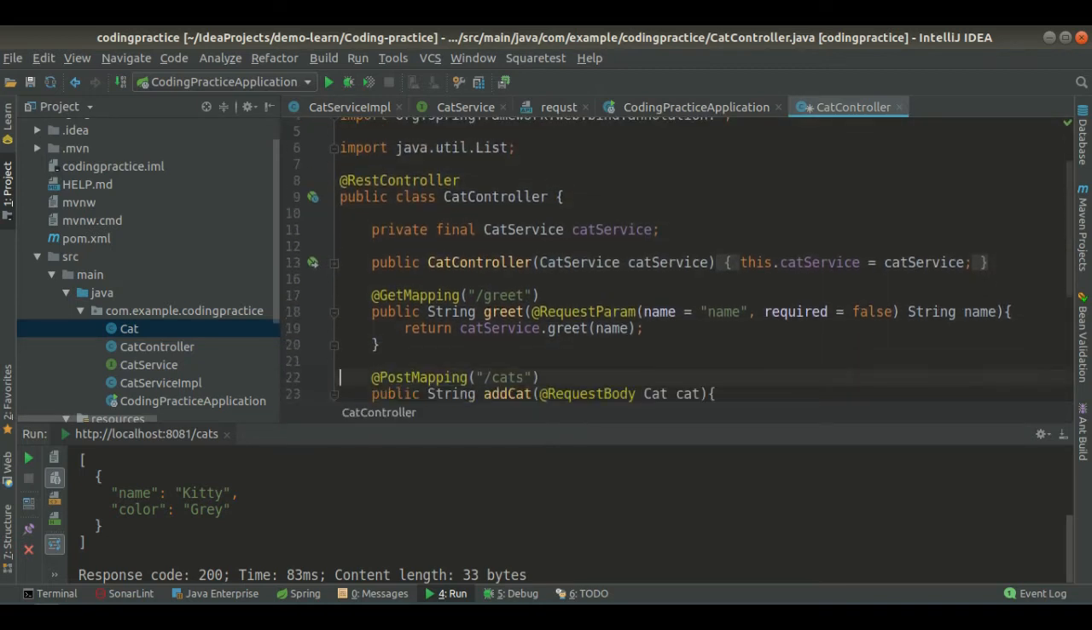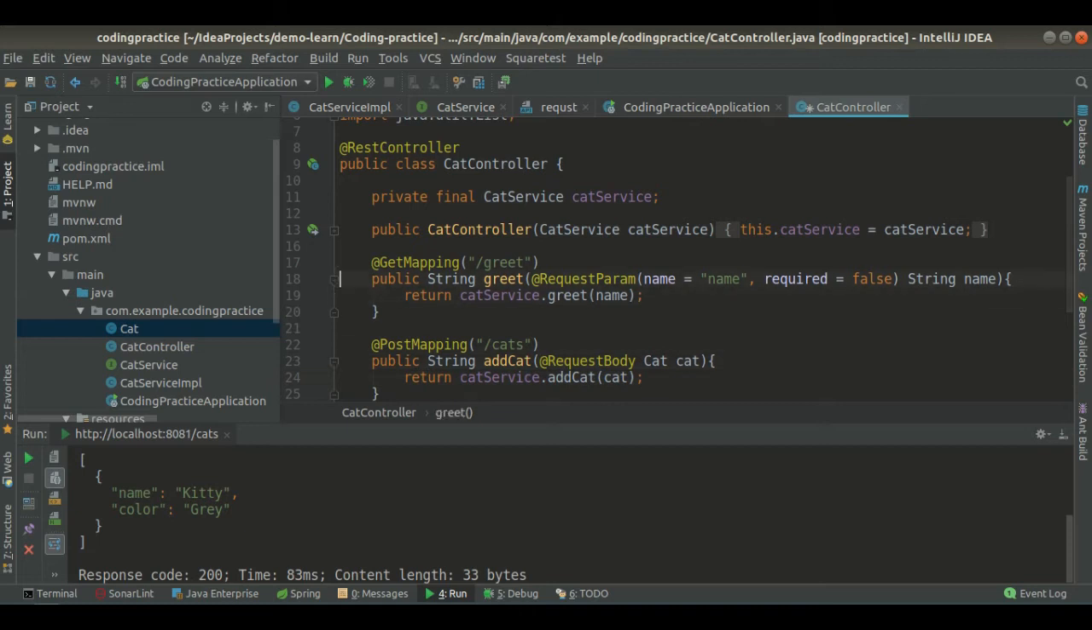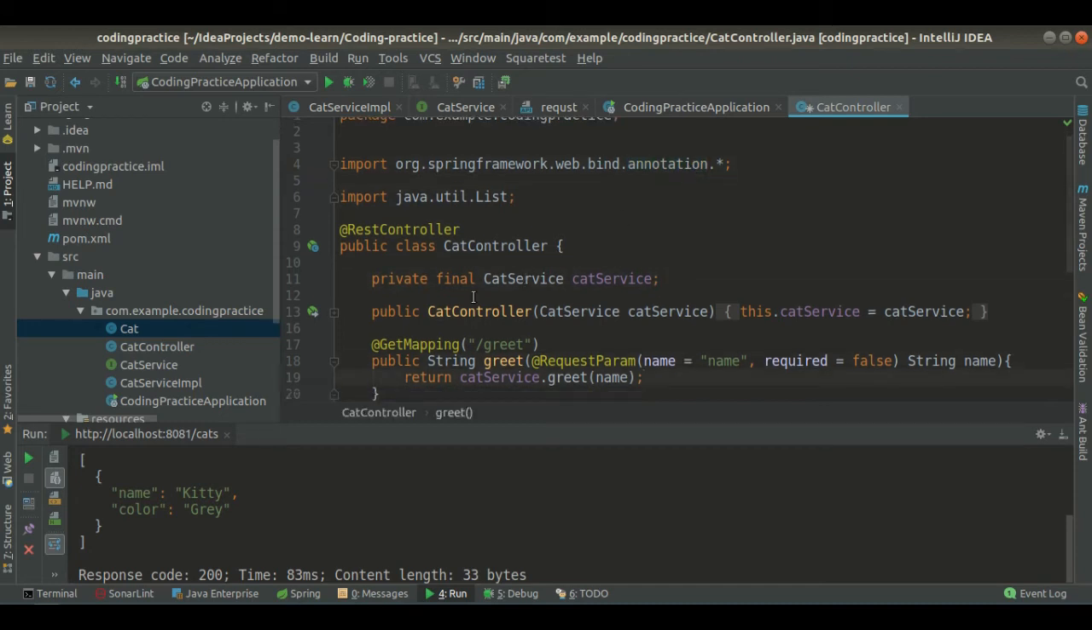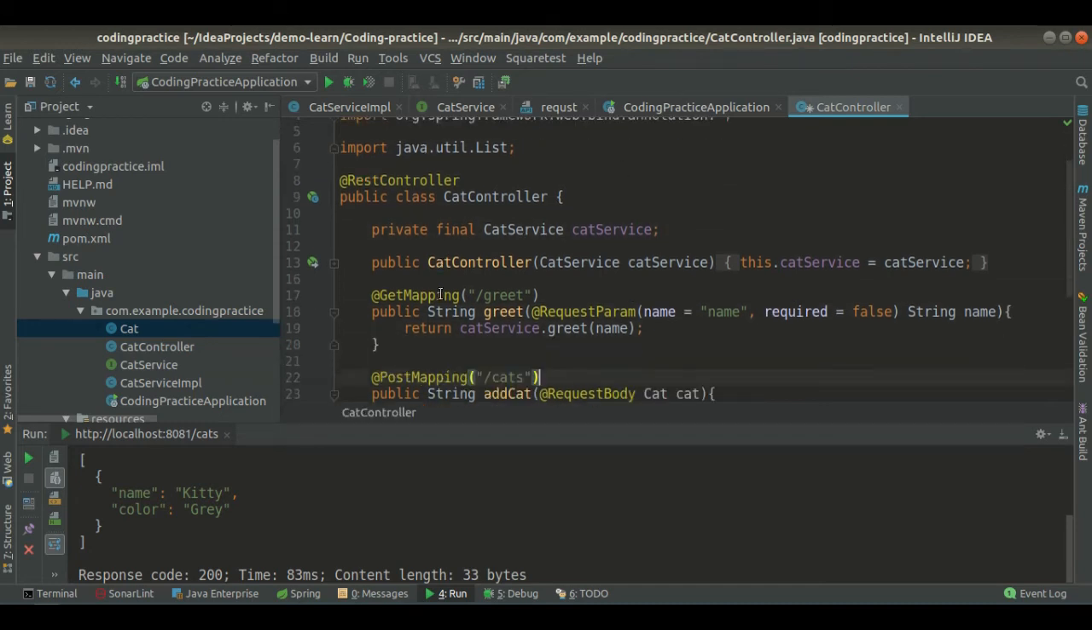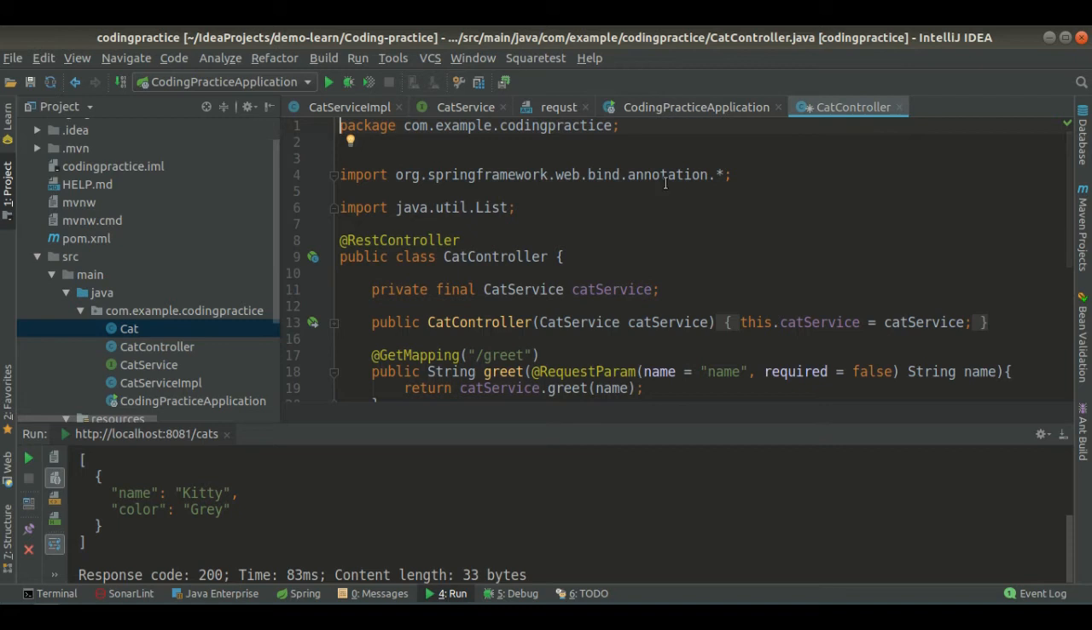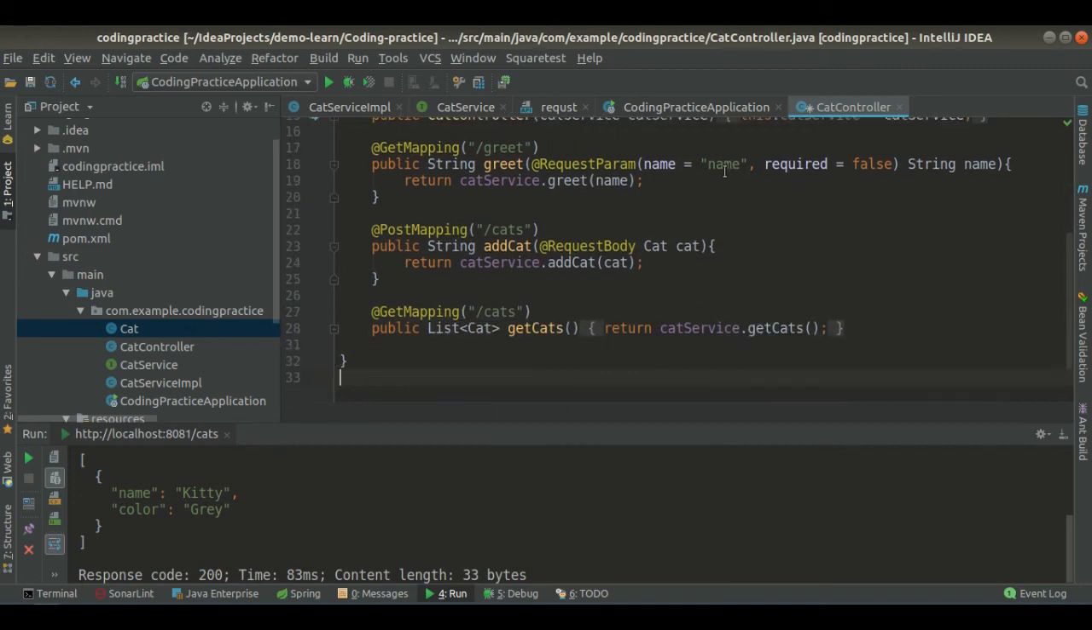And I want to show you something: when we have around 4 or 5 imports from the same package, here this Spring web bind annotation asterisk is imported, because we have used GetMapping, RestController, RequestParam, and PostMapping from the same package. So it has imported the asterisk. If you want to see which classes we have imported in a particular file,